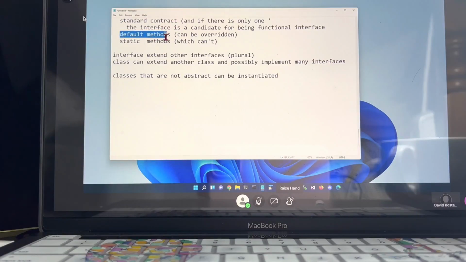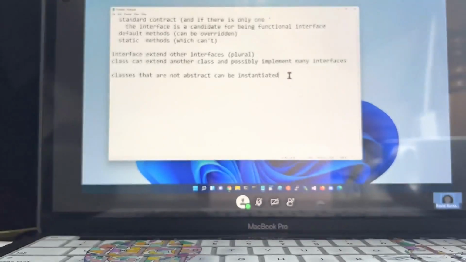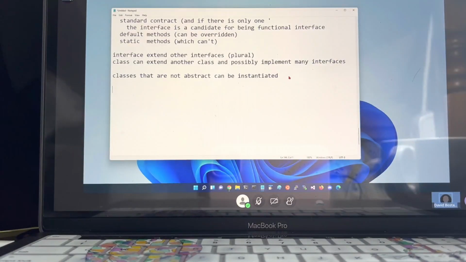Now, they might have implementation inside a default method, and there's some messiness that goes on with implementing or overriding those. But since static methods can't be overridden, that doesn't turn into being a problem. We'll have to look at some classes to see where that matters later. But in general, in order to be an instance of something, and that's a term we'll use a lot, you have to have been an instantiable class and then instantiated.